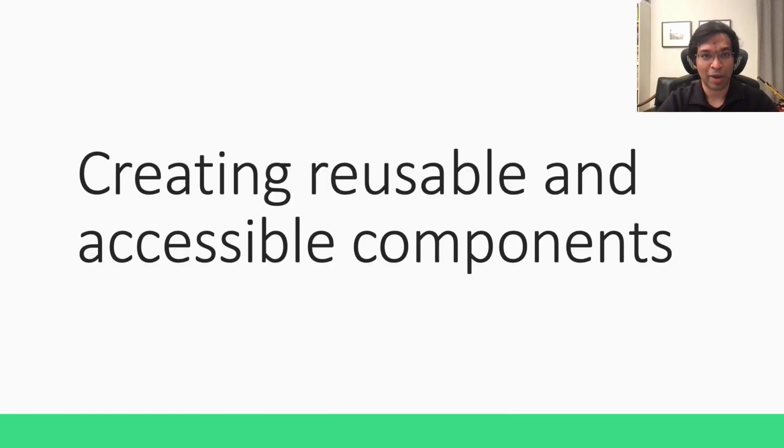The next pattern we'll look at is creating reusable and accessible components. Instead of having a bit of code that is copied and pasted all throughout a codebase, we want to convert this into a single reusable component where we can make sure that things are consistent and accessible. The fun thing is, we can actually reuse the code from our previous example. We've done a bunch of the heavy lifting of grouping together the announcements already in that code, and now we'll just consolidate it into a single component.